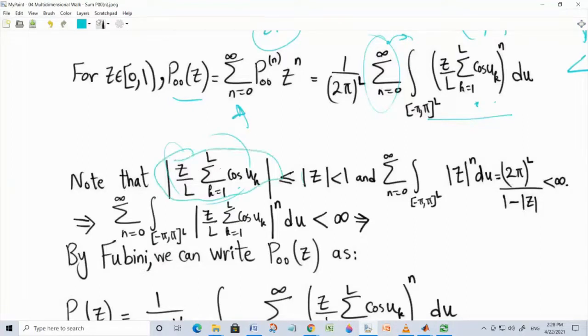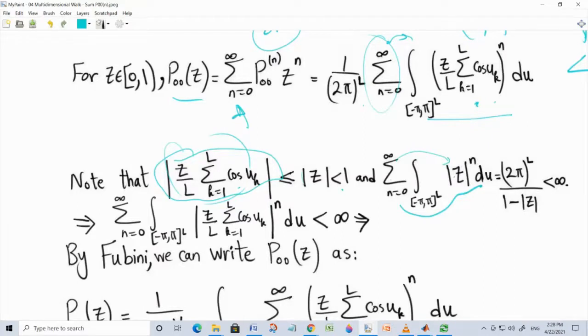Now it's very easy if you are upper bounded by the magnitude of z, and the magnitude of z is less than 1. In that case, the summation of the integral of the magnitude will be upper bounded by this quantity. And you can implement the summation or integral in any order of your choice, because now we have a real valued non-negative quantity,